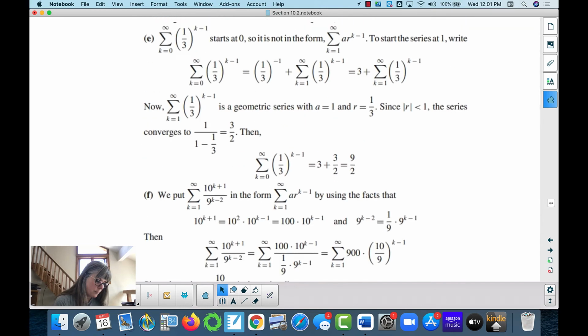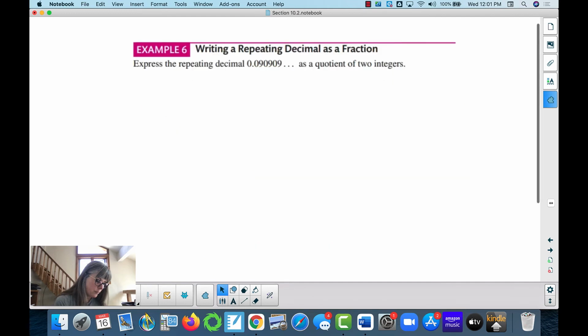And each time when you figure out what it converges to, you're always doing 1 over 1 minus r, and that's going to give you the sum of your series, what it converges to. So you can use this to figure out what fraction a repeating decimal is, because repeating decimals can be written as geometric series. So if we're going to write this, that's going to be